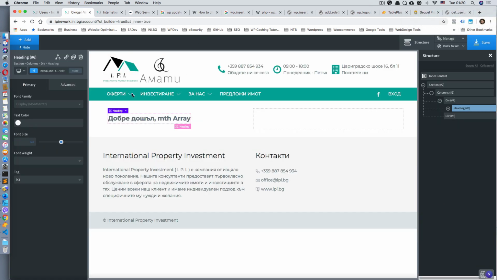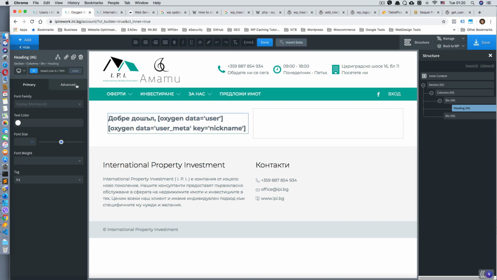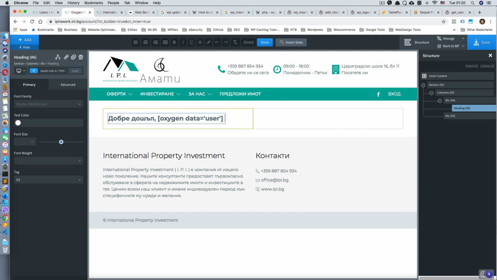We're gonna go to our file. In my case, I created a template, but it doesn't matter how you create that. What matters the most is the thing I'm gonna show you now. So if you go to, for example, this heading element, as you can see on the left, and actually delete that, and then hit the insert data button on the top of your window,